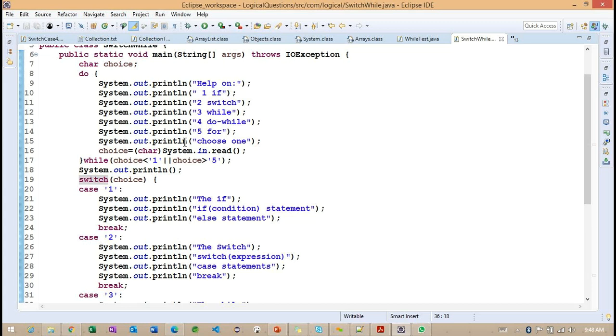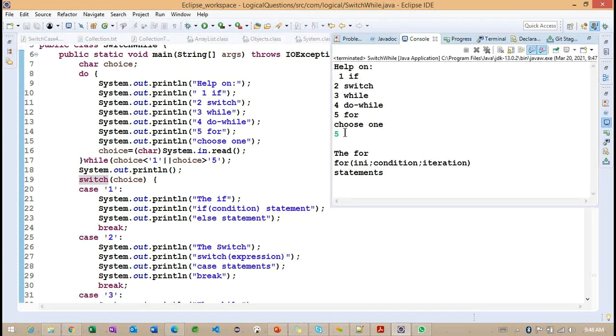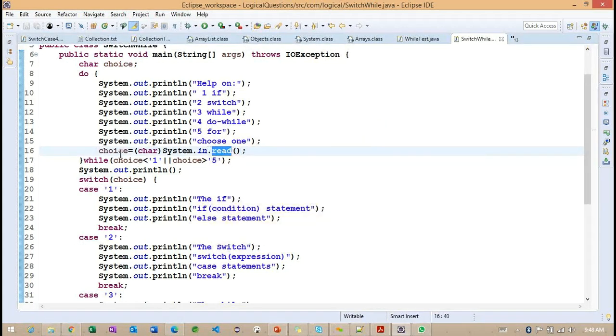Basically how I am giving this input here, the input I give from the command line, or not? Yes, sir. This value is read by this particular method, and it is assigned into choice. Yes, sir. That is the purpose of this particular line.